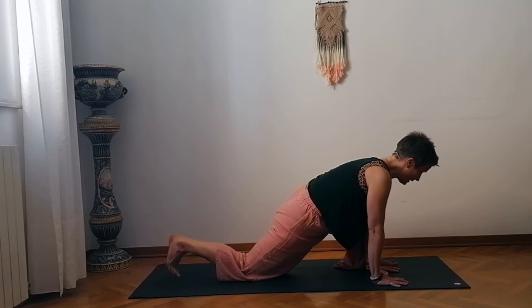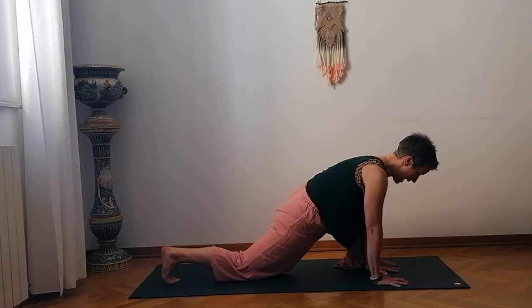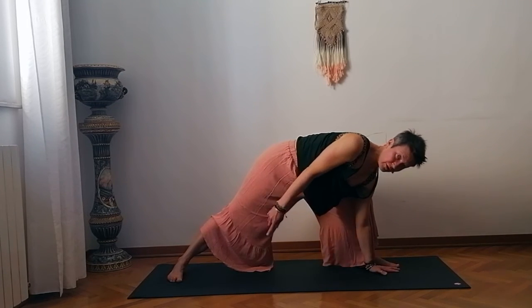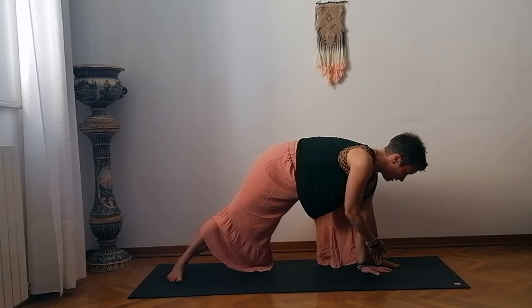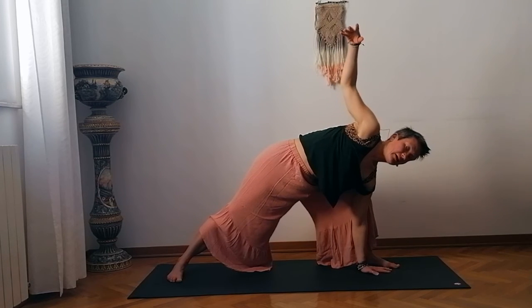And then from here, inhale, coming back up, lengthening your arms. If you were on your forearms, then walk back up onto your hands. Lift your right knee and turn. So again, your right foot is flat toward the back of the mat. Keeping your left hand on the floor next to your left foot, begin to inhale, lift your right hand up